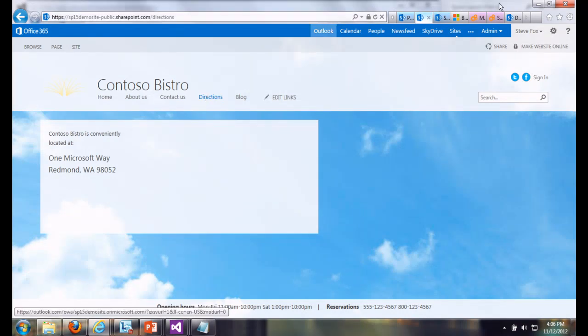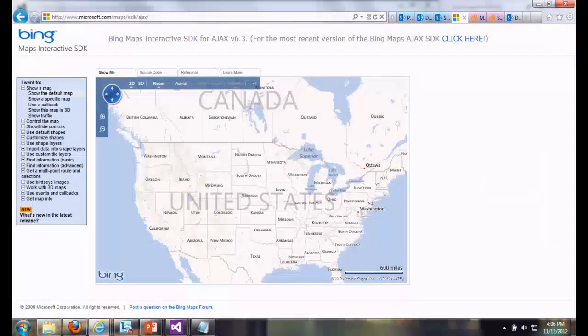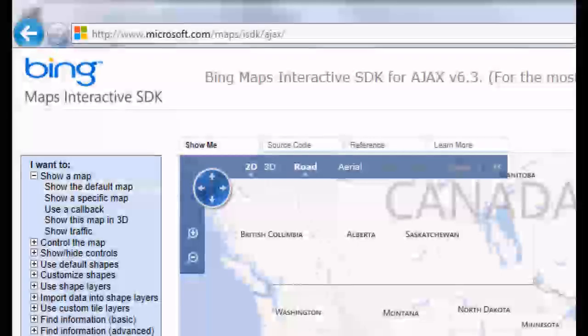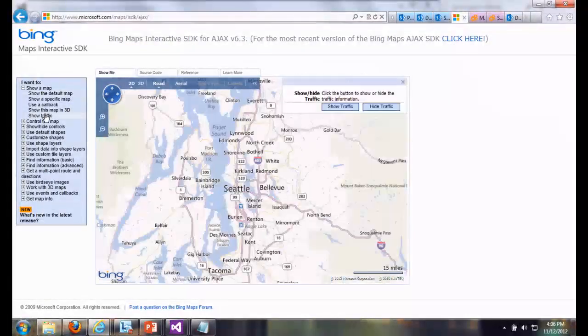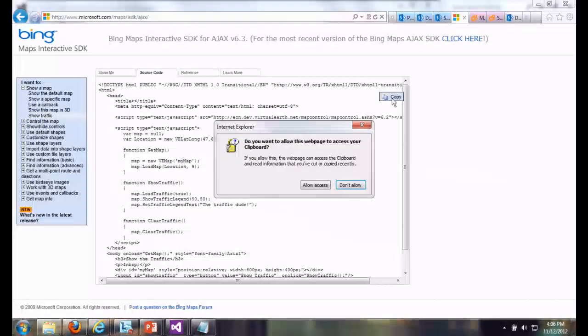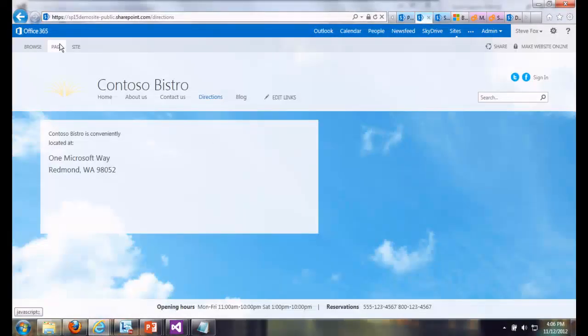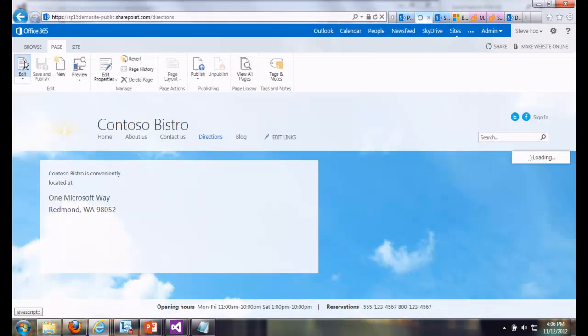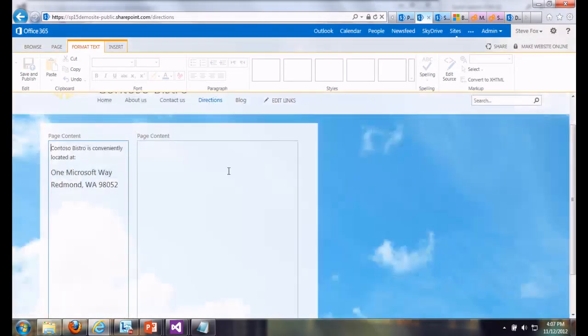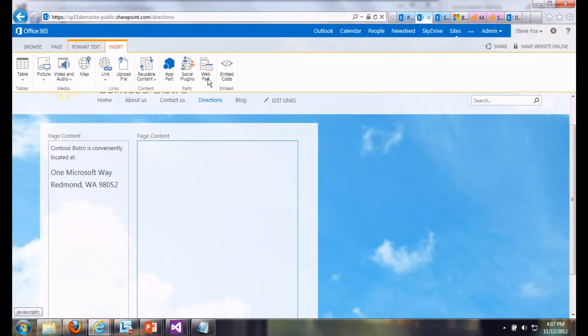Okay? So here, I've got this Bing Maps Interactive. I got here by going to Bing and doing a search on Bing. And basically that shows me a couple different things. On the left-hand side, you can click, and it basically loads different types of controls. But what you can do with that source code, you can take that source code here, go ahead, copy it. Yes, copy it. Go back to our site. And I can go ahead, again, in the spirit of adding markup, and now we're adding script and markup. I'm going to go over here, insert, embed code, all sorts of good stuff.